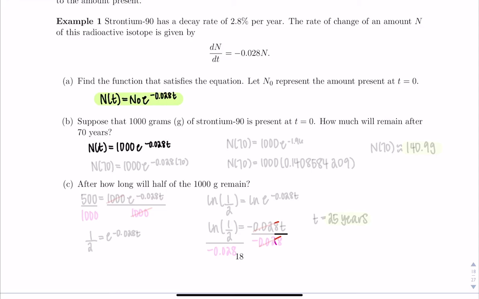We want to know how much is going to remain after 70 years. So we're given t = 70. We're going to find N(70), which is 1,000 e^(-0.028 times 70), or 1,000 e^(-1.96),